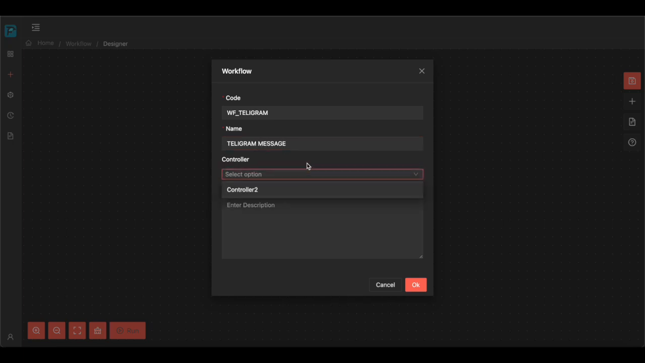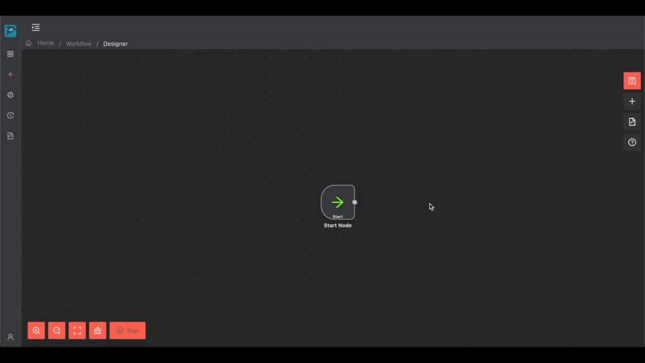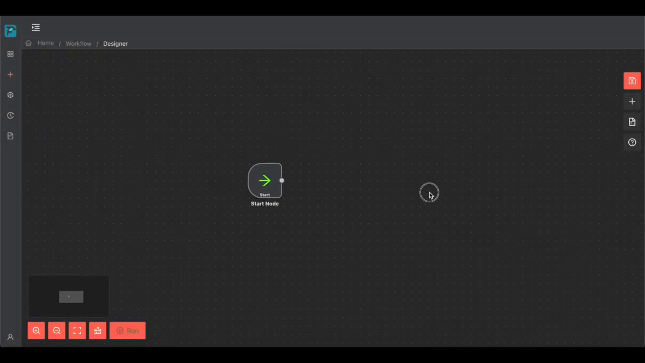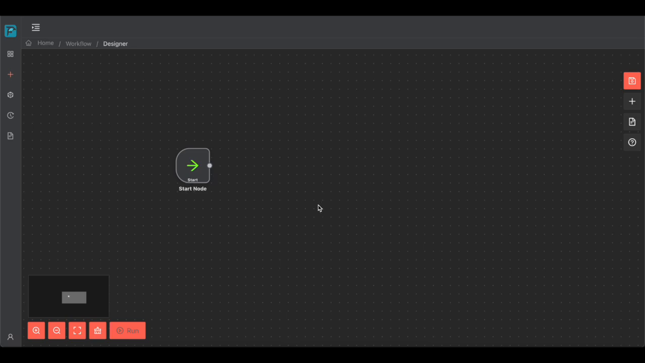We have a controller option. Currently it is showing one controller which I have already created, but we are not going to use it as this is not mandatory. I will explain later where we can use the controller. So let's say OK. Once you click on OK, you will see the canvas where you can